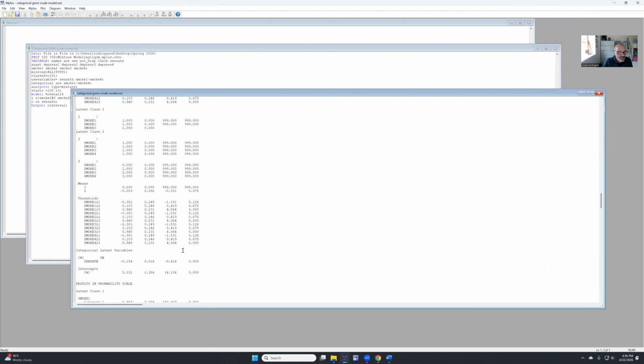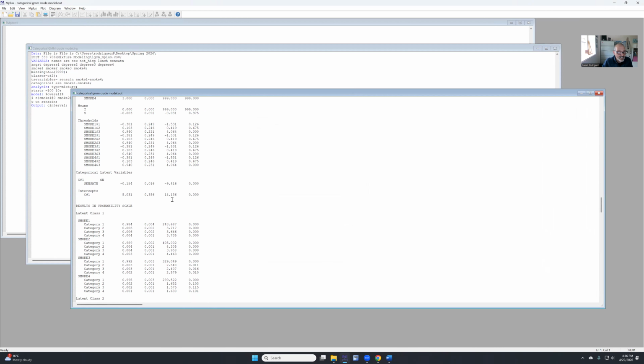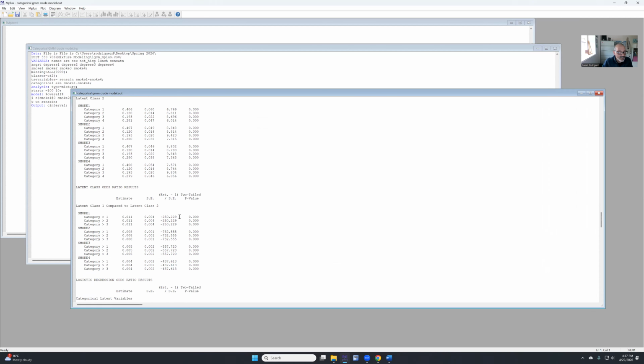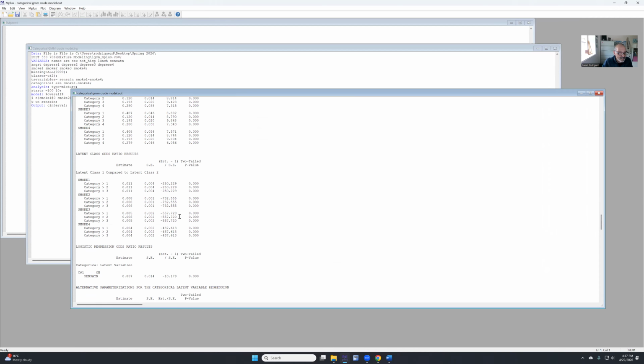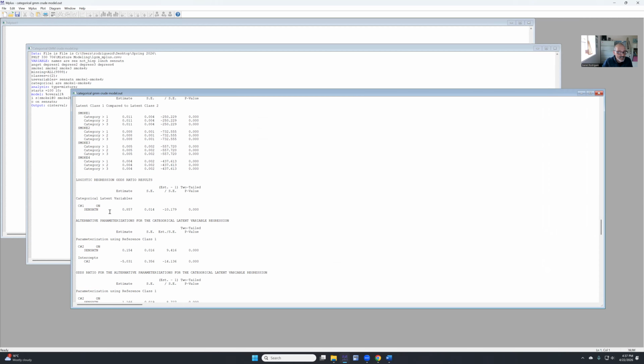So there is a significant effect. That's one thing, but can we do it in odds ratios, latent class odds ratios, logistic regression odds ratios? Okay, so higher sensation seeking, but this odds ratio decreased the odds of being in class one versus class two by about